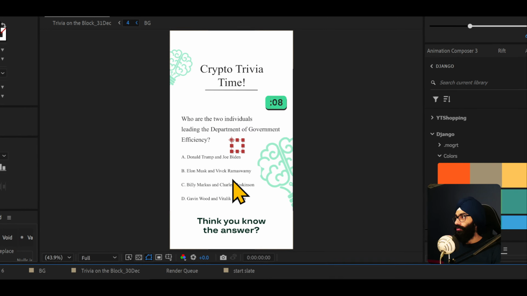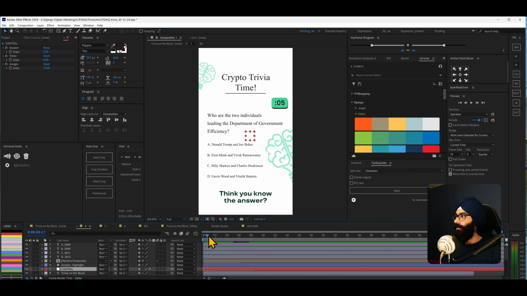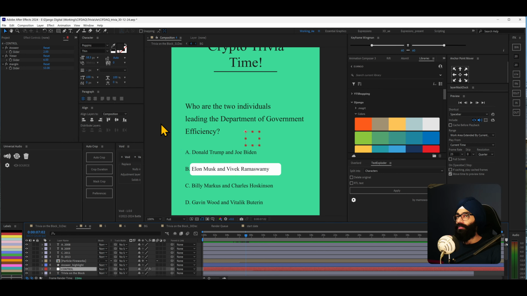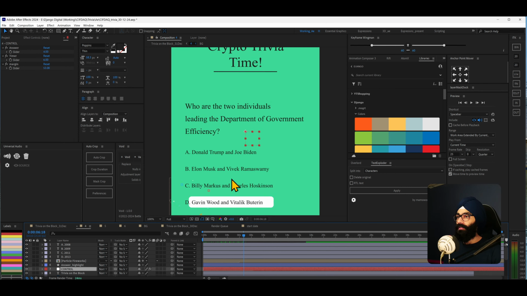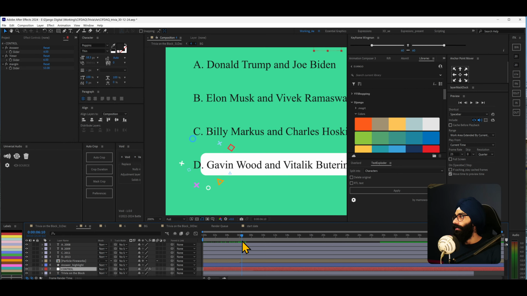Just to show you, if I make this timer 6 seconds, okay, now if you see here, the whole animation will happen in 6 seconds, even the wiggle and then coming out. And let's say the right answer for this was not B, the answer was 4. All of the things will just update based on that. So now we have a 6-second timer and the right answer is 4, and even this glitter thing is happening at 4.